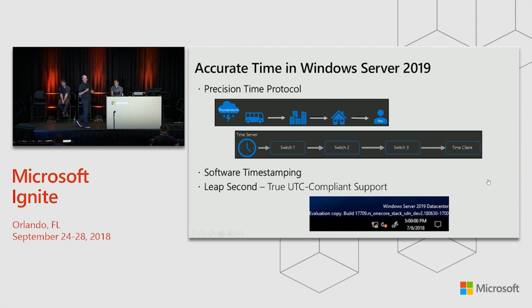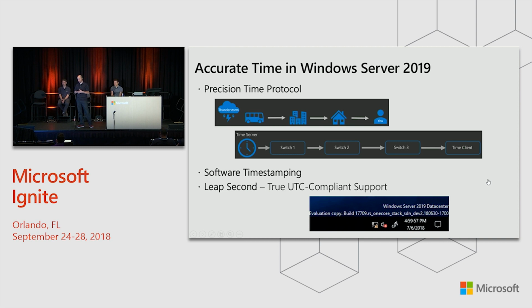So basically the background here is that the Earth's rotation is slowing, and UTC is based on atomic clocks. Those atomic clocks are very accurate and precise, and they keep time way better than the Earth does because the Earth is slowing down. When they diverge far enough, we actually insert a second into UTC. Well, we don't. Microsoft doesn't, it's not our fault. But there's a second inserted into UTC. If you're in one of these regulated industries that have extremely high accuracy time requirements, less than a second, you need to worry about this, because this one tiny measly little second can put you past your time dependency.